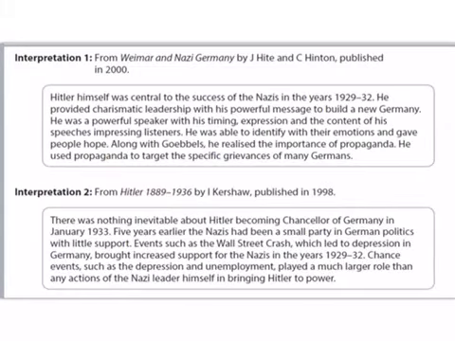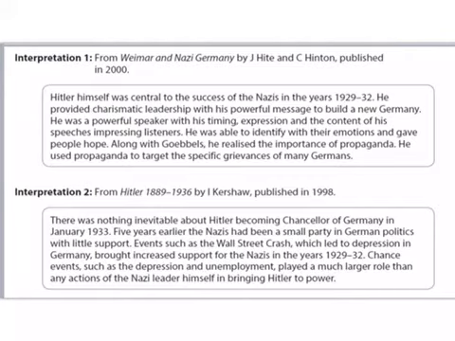Okay, if we have a look at the interpretations again, if you've seen the video for question 3B, how are the interpretations different, you'll be familiar with these interpretations by now, so I won't spend the time going through them. Obviously, we can see that interpretation 1 is emphasising the role of Hitler alongside the use of propaganda to win over the support of the German people, whereas interpretation 2 is looking at external events relating to that, as you've explored with